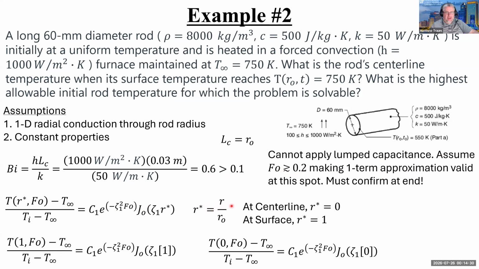Okay, so at the center line, r star is 0, right? Because r is 0. And then at the surface, r is r naught, so r star is 1. So at the center line, r star is 0. At the surface, r star is 1. And now here is my one-term approximation for cylindrical coordinates. And so I am going to plug in,